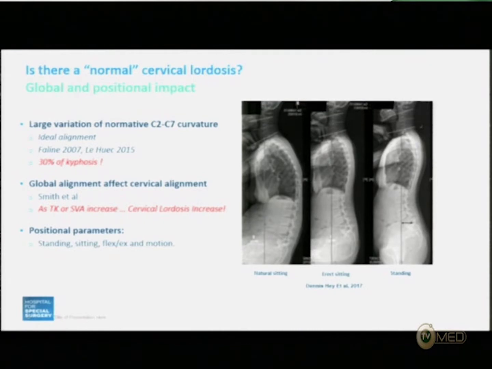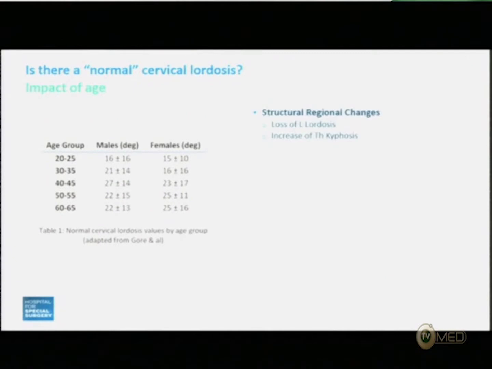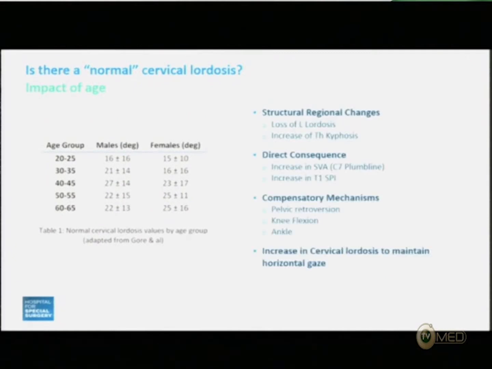And finally, the shape of the cervical spine is going to depend on our position. We're not going to have the same curvature in standing versus in sitting. The impact of age, I think, was mentioned yesterday in one of the presentations. So life is a kyphotic event. When we get older, the trunk tilts forward, and T1 slope becomes more and more steep. Therefore, the lordosis becomes nicer and nicer, more pronounced.